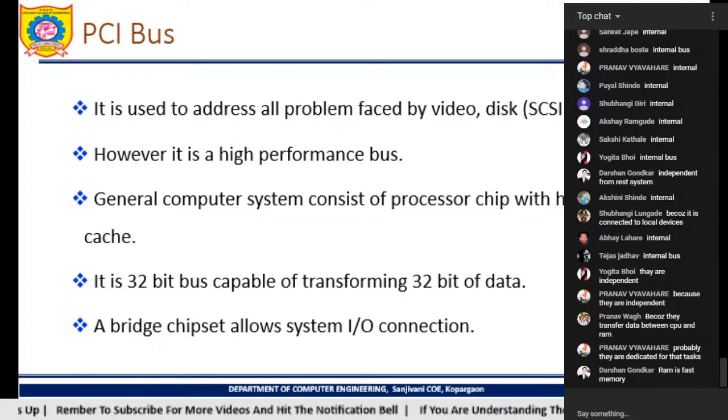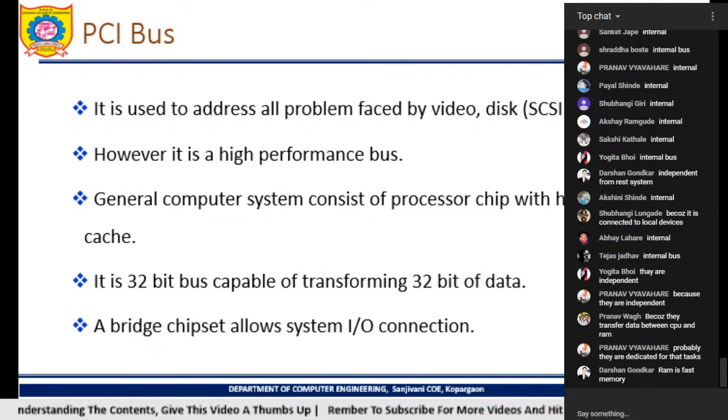Then after this chipset there is a PCI, that is peripheral component interconnect, where you connect your RAMs, your LAN card, TV tuner cards or graphics card, which are directly connected to the motherboard. That's why it is called peripheral component. Peripheral component means any external component. Interconnect means directly connected to the motherboard. The components which are directly connected to the motherboard, or the way they are connected, is called PCI boards, or PCI connections. Are you getting me, everyone?